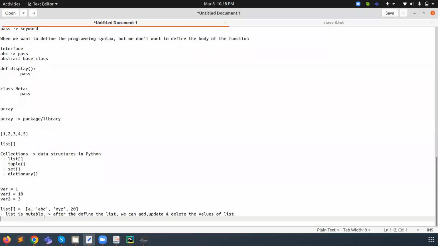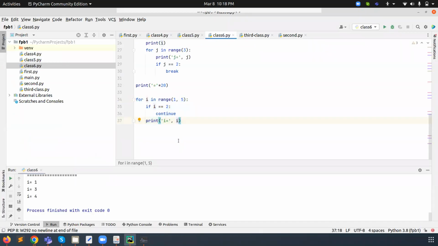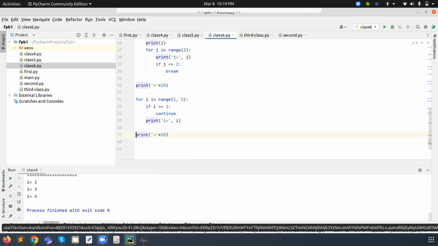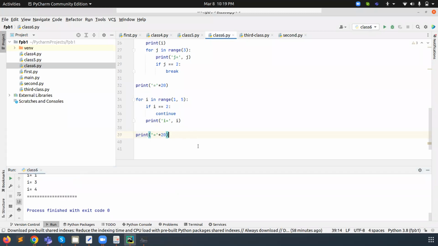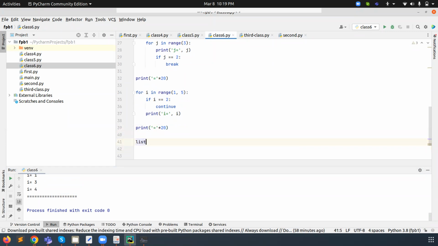We just need to discuss a few points here: how we define a list in Python programming. We can define it like this.